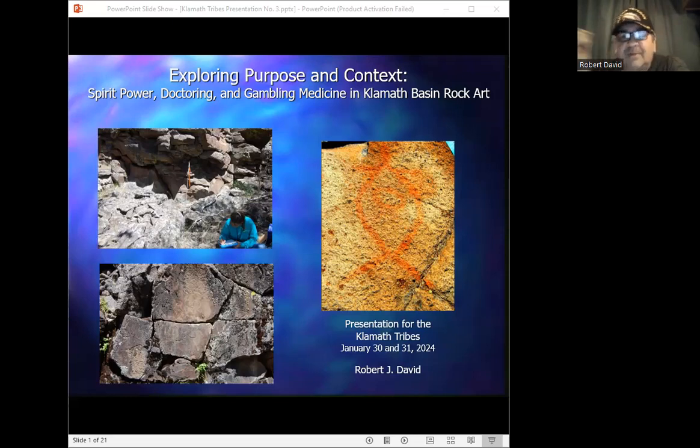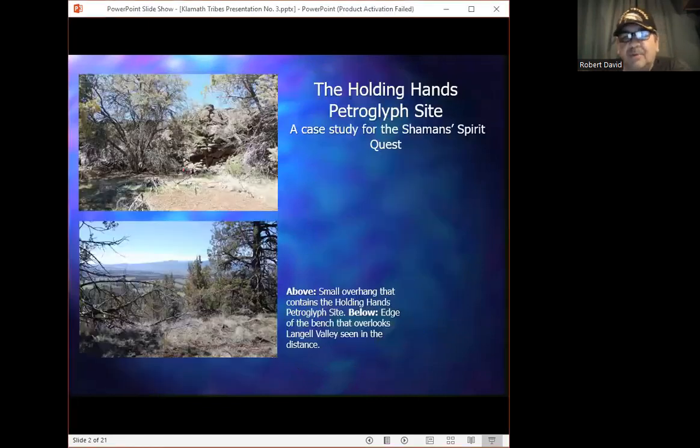And still others depict the visions witnessed by shamans or shamans in training as they sought out encounters with the spirit world through trance, especially as it pertained to the acquisition of the very first spirit helpers. Now, each of these activities resulted in distinctive kinds of rock art, and in fact, that's what we're going to be doing this evening. We'll be looking at examples of each throughout this presentation. So, that all being said, let's start with encounters with the spirit world.